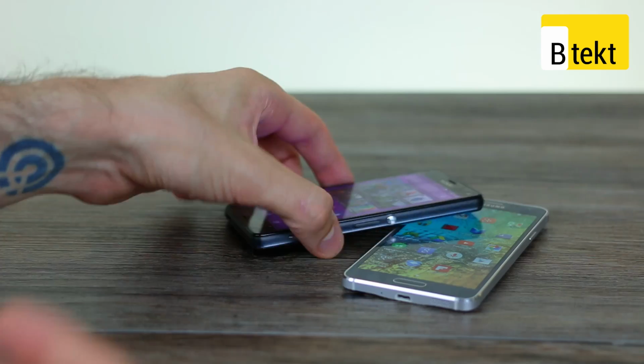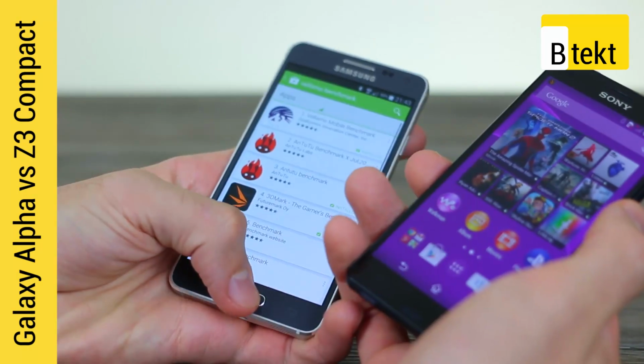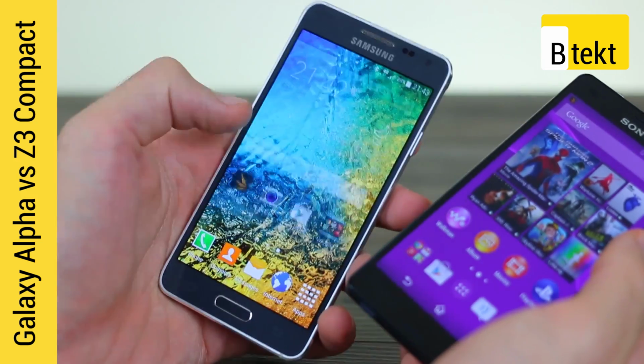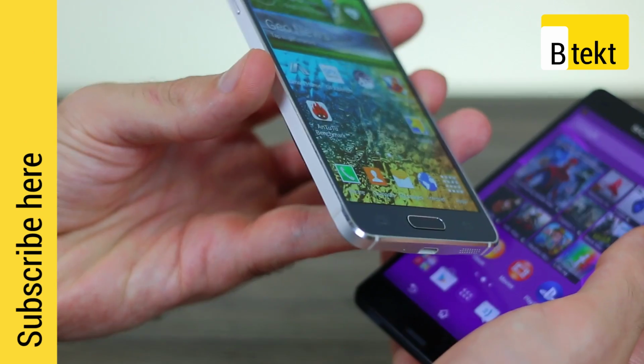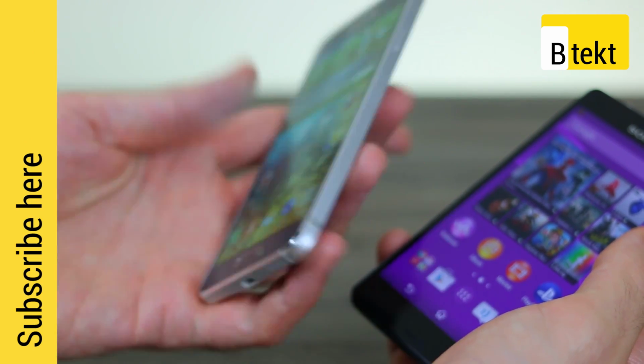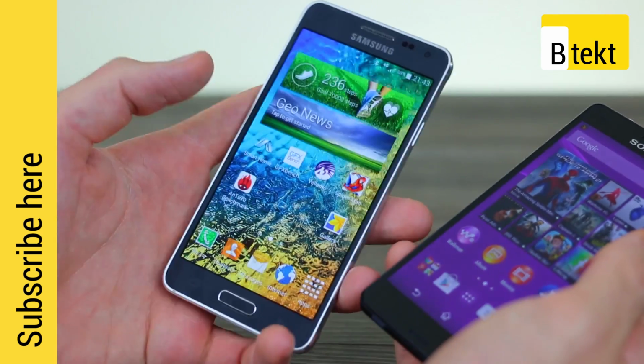Welcome to BTech, it's Basil here comparing the Sony Xperia Z3 Compact with the Samsung Galaxy Alpha. The Samsung Galaxy Alpha is a new approach to devices from Samsung. A metal frame adds a real nice premium factor. What you can expect is a better in-hand sensation than the flagship Samsung Galaxy S5, despite the fact this isn't